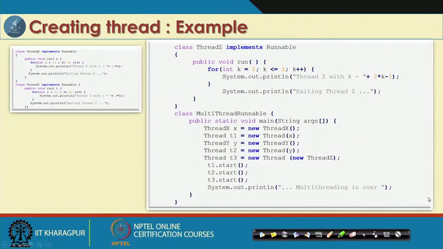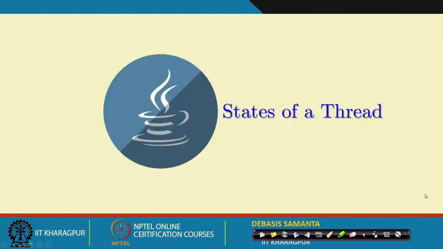There is no such rule that this works this way and that works that way. Basically, it is a different syntax, a different procedure for how the different threads can execute. Now, we have learned how a thread can be created. Although it is a simple example that we have considered, it gives the idea, and it can be extended to any complex case. Any number of threads can be started to execute.